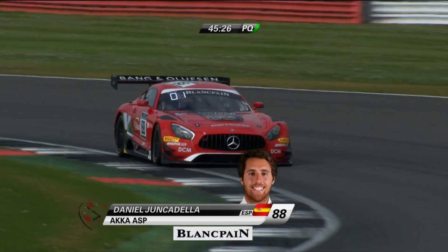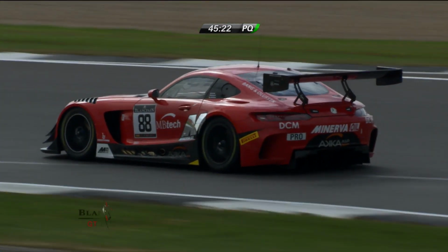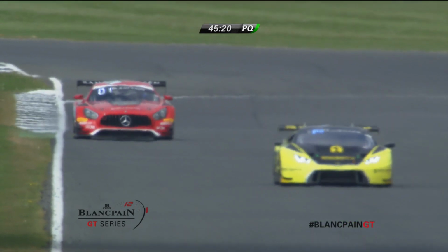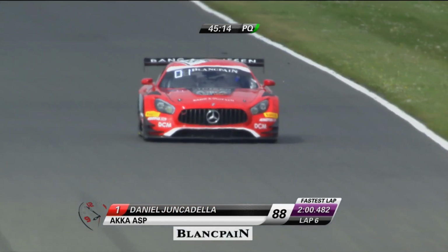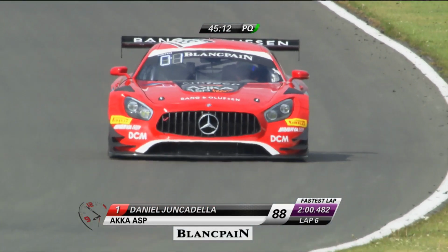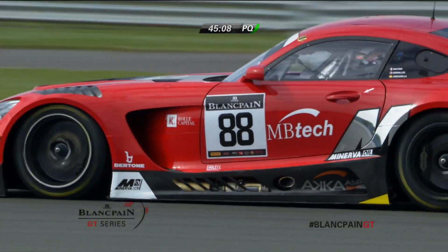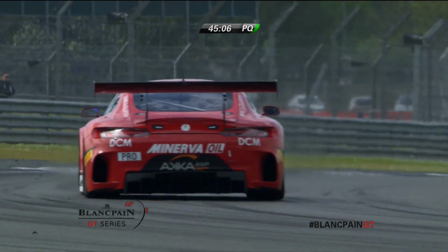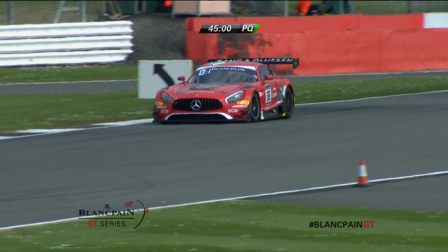So moving from the DTM to GT racing this year. A rather happier environment I think he's in as well. I think so, and he did express a few opinions about his time in DTM and wondering, was it time well spent? Obviously he benefited from working with manufacturers, but as a career move coming from single seaters, I think he's a much happier racing driver in GT racing, albeit here at Silverstone in the